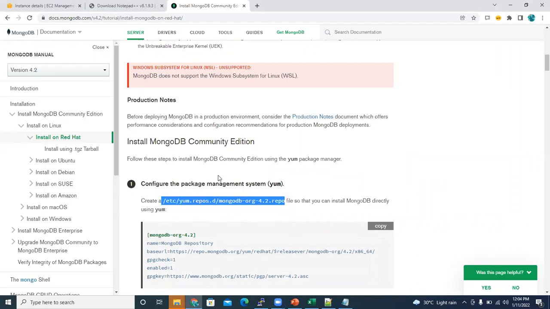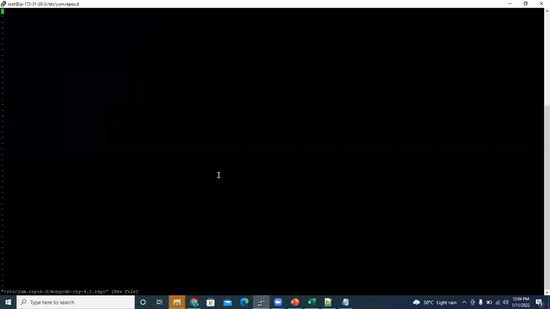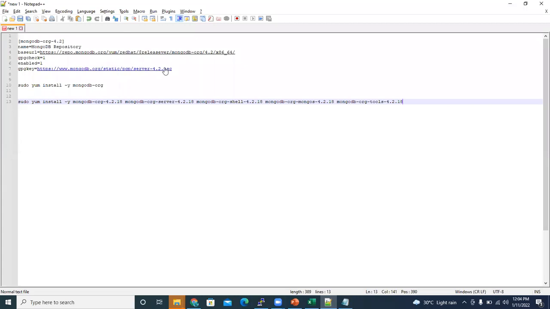So I'm creating this repository: vi and the file name. Okay, and just press i. i is to insert the data, whatever you want to insert, and just feed this repository file into that.